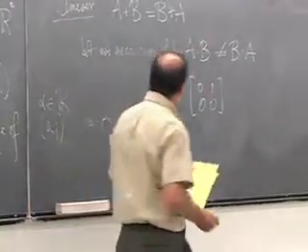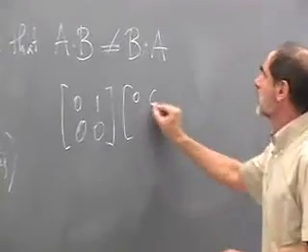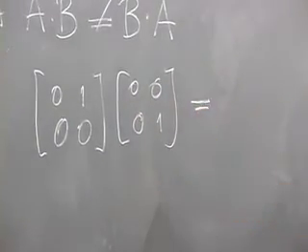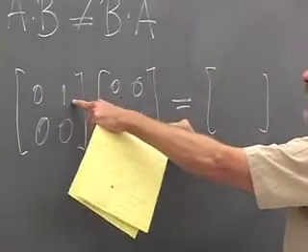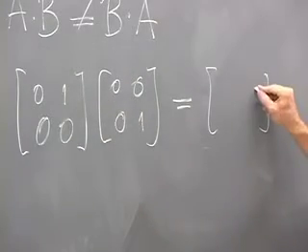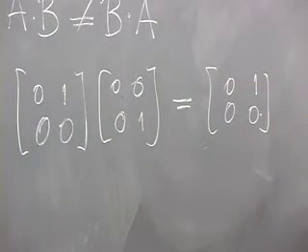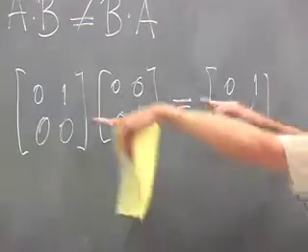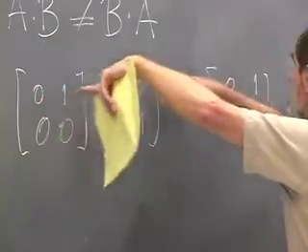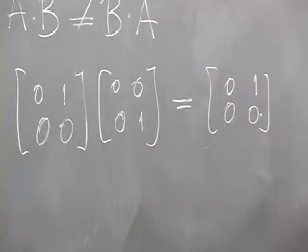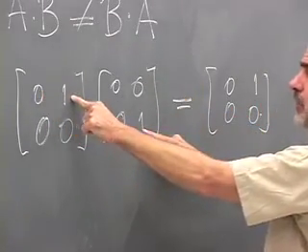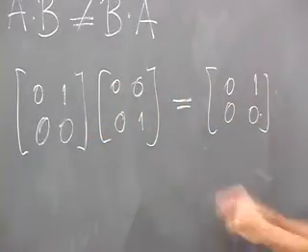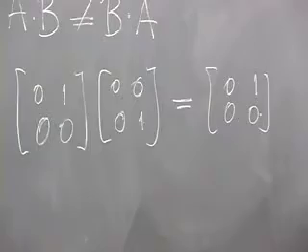So for example, if you multiply this matrix by this matrix, you'll find that the only non-zero entry you get is when you go across this row and down this column. So that would be an entry up here, and all the other entries you find to be 0. On the other hand, whoops, did I just do that wrong? Yeah, it should be the top row. So if I go across this row and that column, I get a 1. But in all the other cases, the 1 is multiplied by 0, and I get 0.